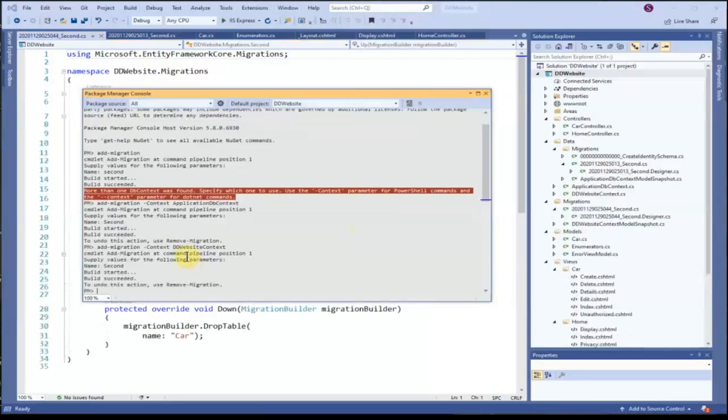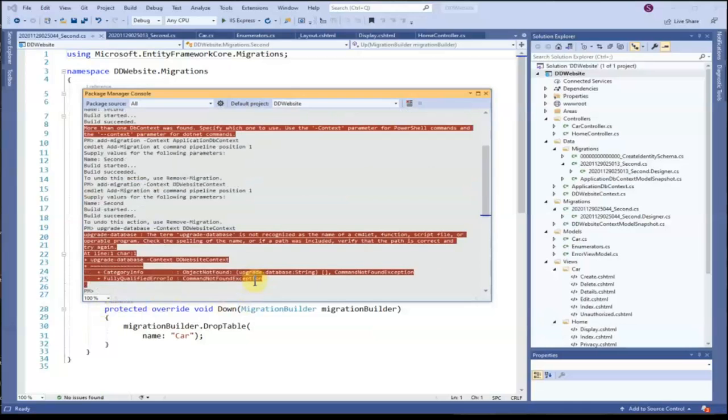Okay, and we'll do the upgrading of the database, so we'll change that to upgrade database. So we are typing upgrade database minus context DDWebsiteContext. Yeah, okay, and